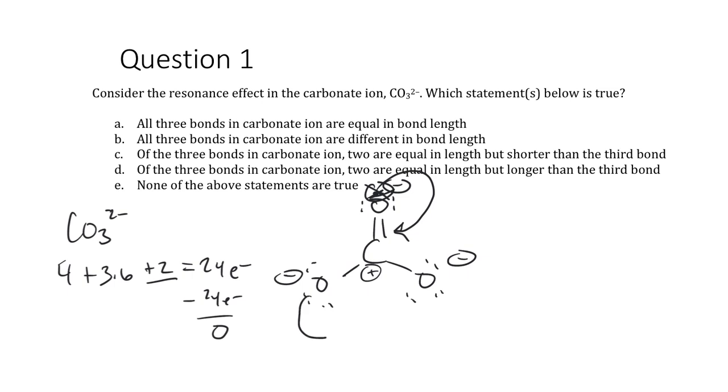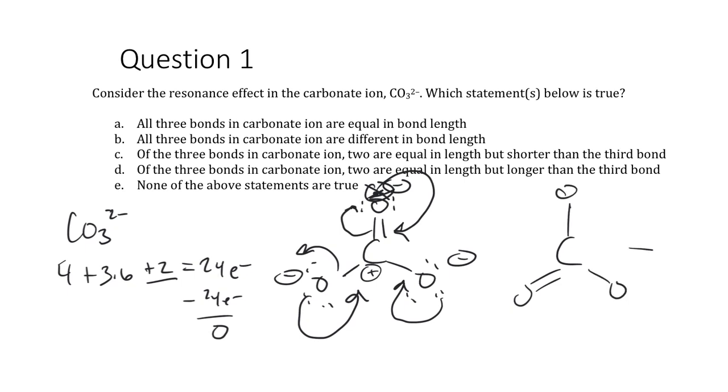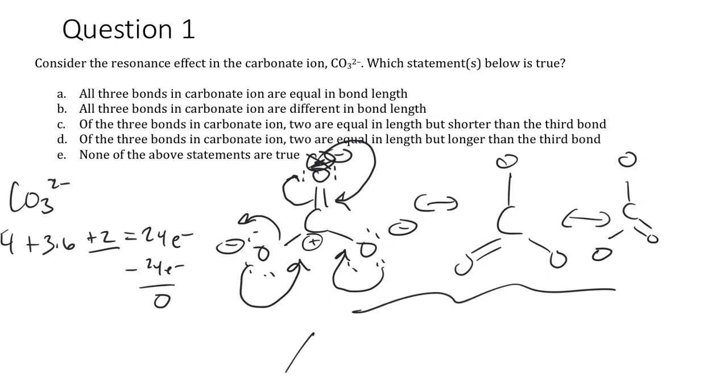But then those electrons can resonate over to the other oxygen and then to the other oxygen. And then these electron pairs resonate at all times. The effect of resonance is that if I could sketch these 3 Lewis structures, the real molecule will look like the average of these. So the average of those structures